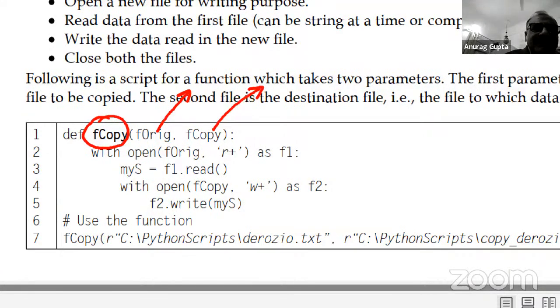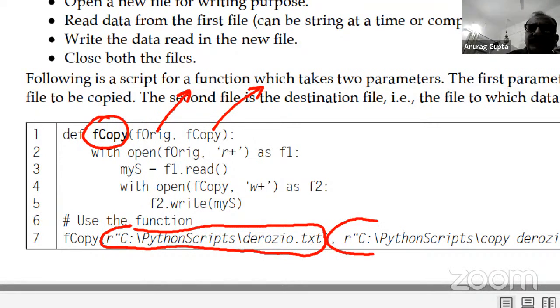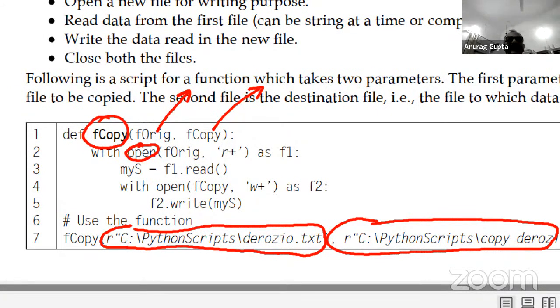When you are calling this function, you have to give it two paths: the path of the original file and the path of the file to which you want to copy. Both these files must exist from before, because you are opening the file. You cannot open a non-existent file. You can write to a non-existent file, but you cannot open a non-existent file, right?